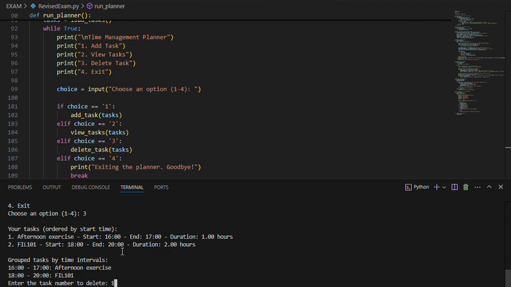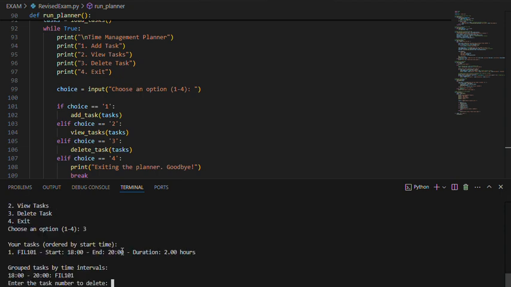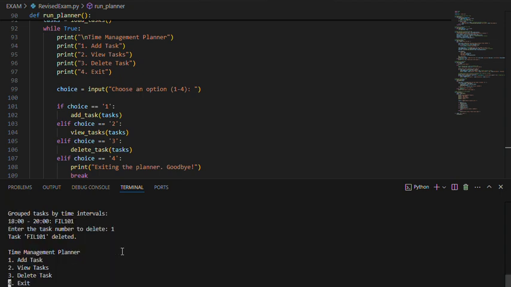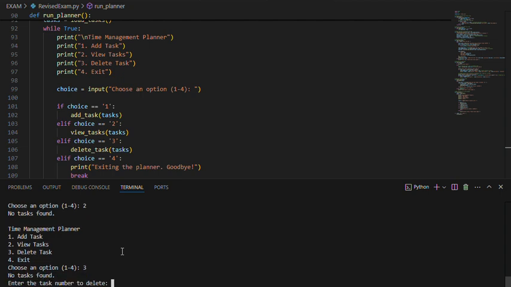Then let's delete again 1. Then it's only one task. If we delete it again, then let's view the task. It will indicate no task found.